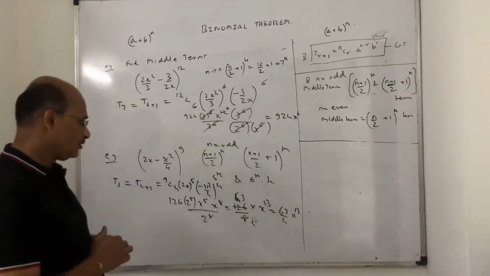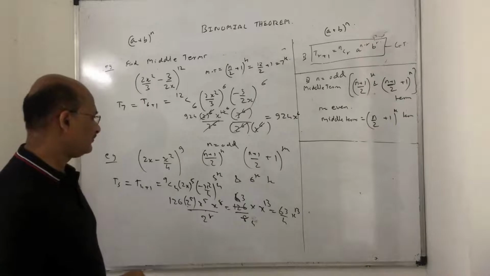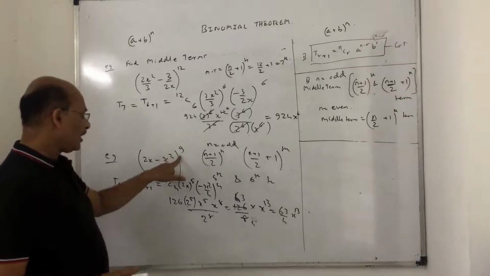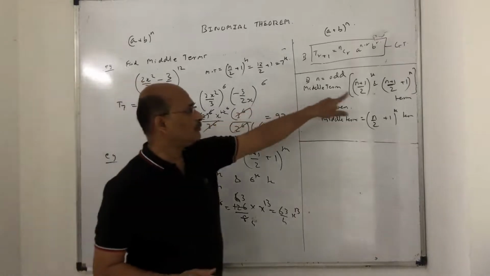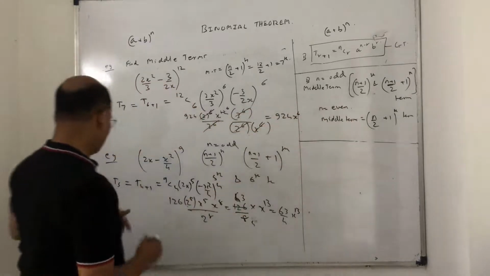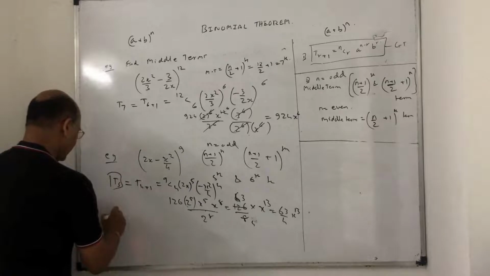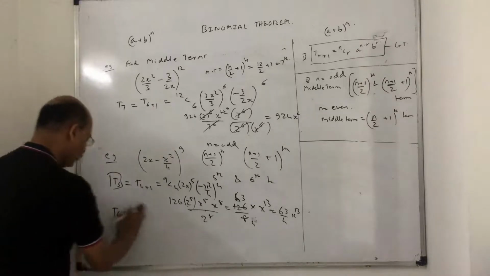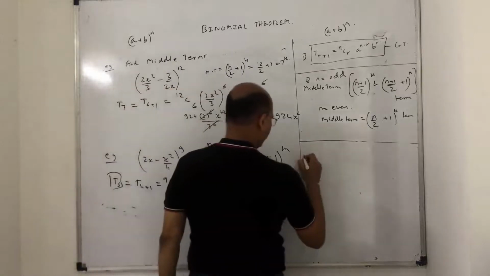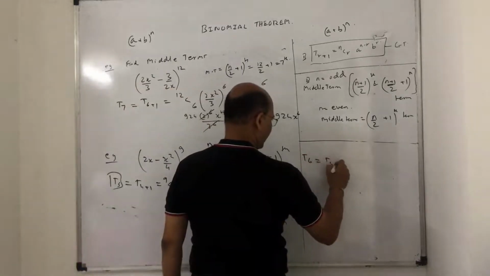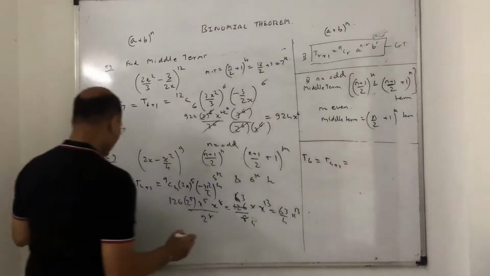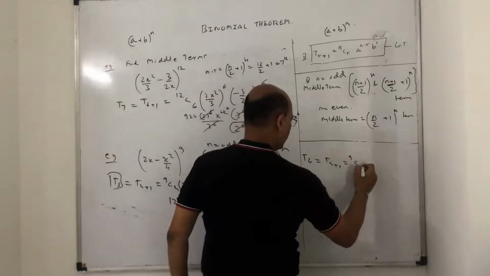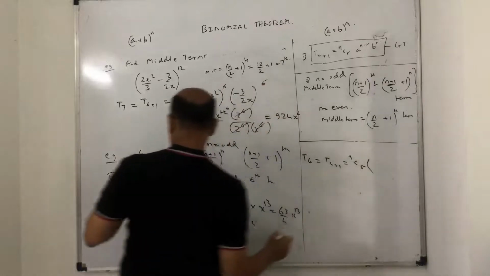Got the point, children? Pause and note it down. I just put a space here. Now remember, as I said, when n is odd, how many terms will you have? 2 terms. The first term I got is T5, the next term is T6. So can you do it on your own? Try it out and tell me the answer. If you want, I'll check it out. So the sixth term will be T of 5 plus 1, NCR. What does N stand for? 9. So 9C5. What is the first term? 2x.